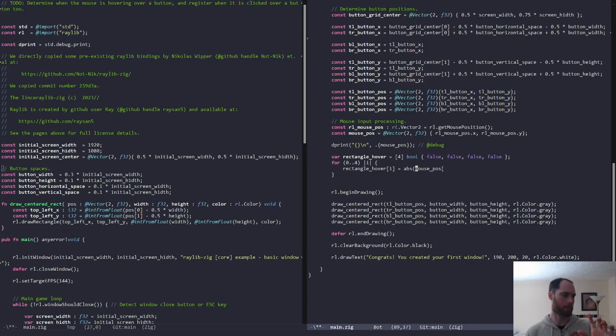It's just, is the absolute value of the x distance within half of the width, and is the absolute value of the y distance within half of the height? If so, it's fine. So let's subtract from this the mouse position, and then half of the